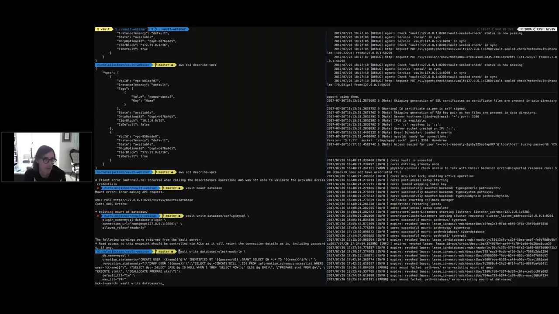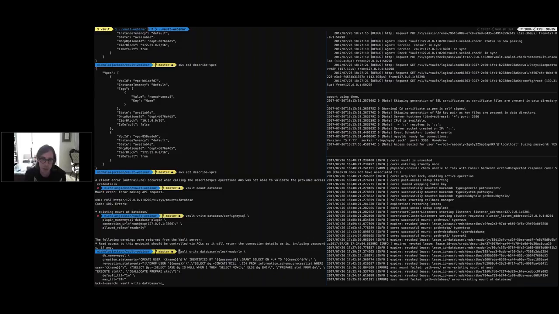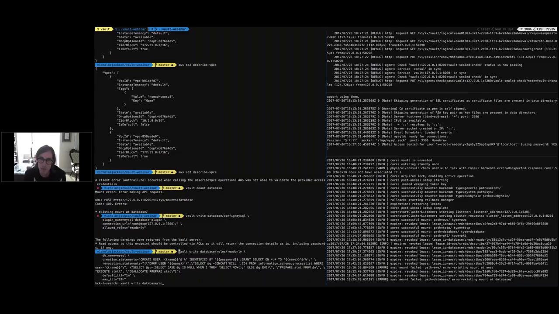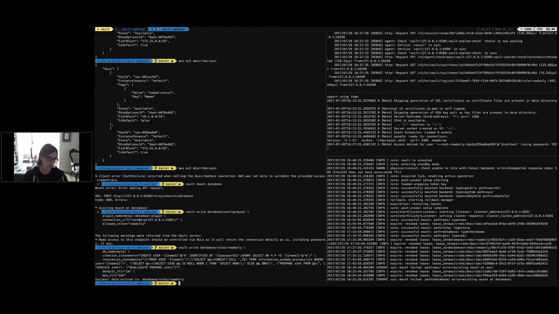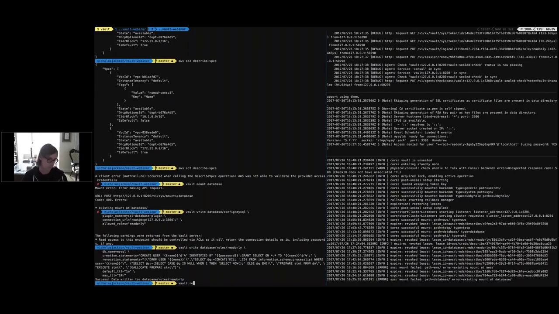Now, the revocation statement, what I'm doing is I'm going to drop the user, but I'm also going to terminate any processes that exist belonging to that user. So if the user is running a long-running process, I can also get Vault to kick that process. So it'll completely remove the user. So let's run that. And again, Vault read